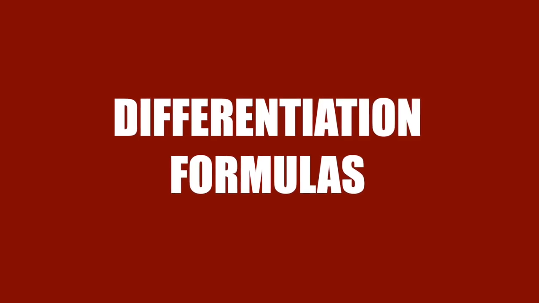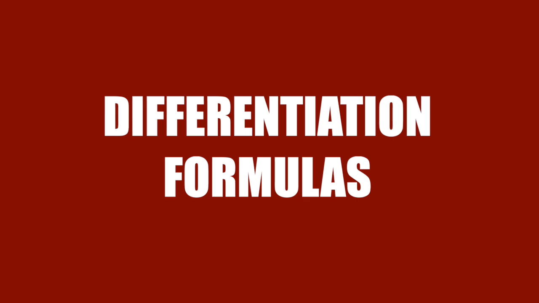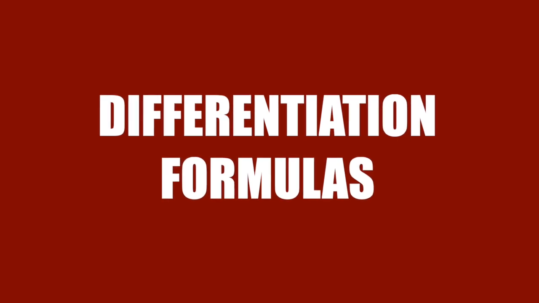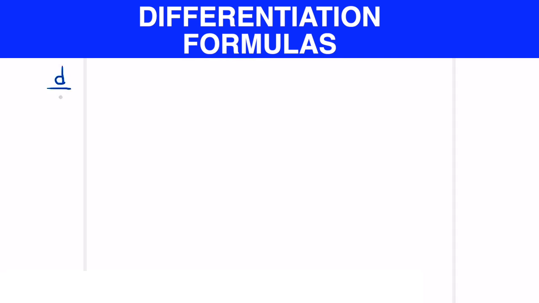Hi students, in this video we are going to talk about differentiation formulas that we will be using frequently. So let's start with the simple ones. d by dx of a constant, in this case I'm writing the constant as C, is going to be equal to 0. d by dx of a constant multiplied with the variable x is going to be equal to just the constant.